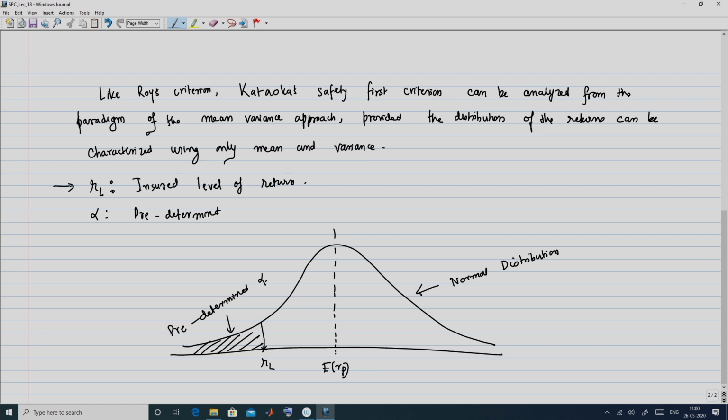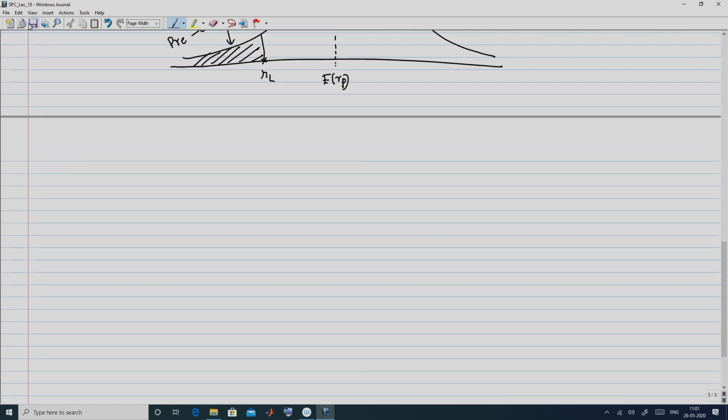So I can come back to my statement that here this RL level is the insured level of return such that below which the area is less than or equal to this alpha. All right. Okay. So let me delve a little deeper into this. So what we do is that now we relate this, that means the Kataoka's safety first criteria, to the traditional mean variance approach,